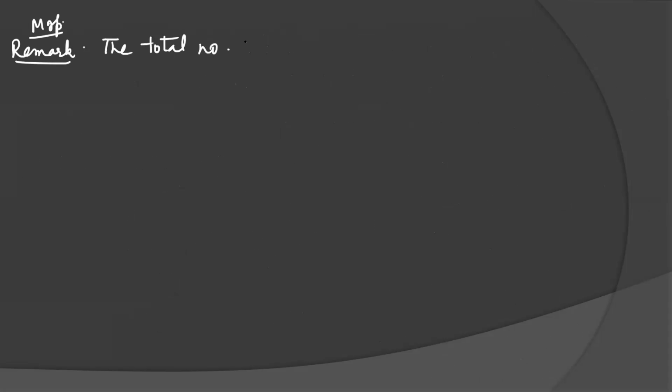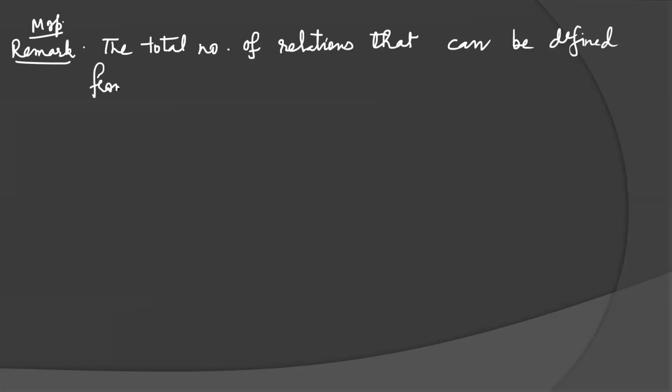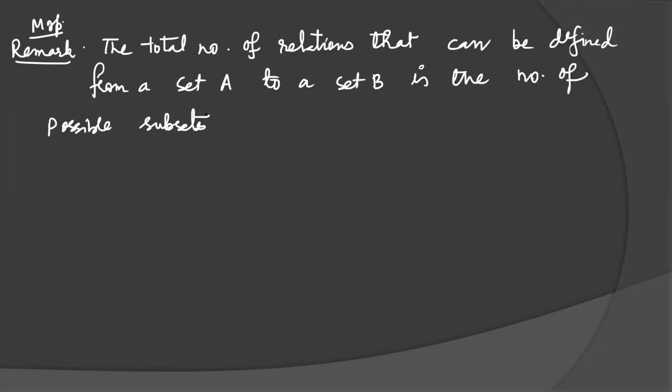The total number of relations that can be defined from a set A to a set B is the number of possible subsets of A cross B. Possible subsets of A cross B means, if